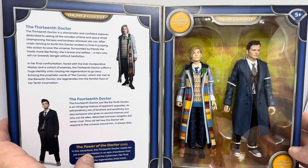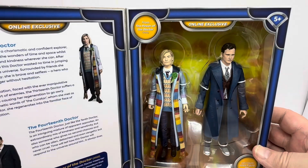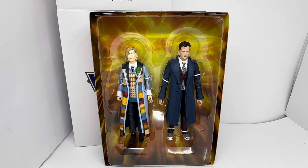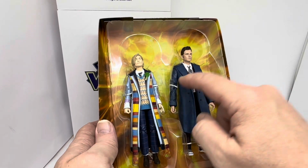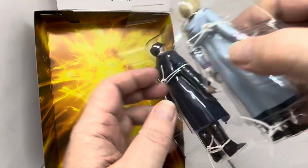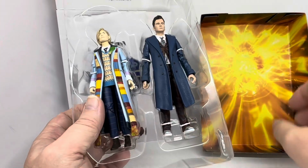Okay, and there we have the two figures. Now, I'm just going to have a look at the box just to see if I can open it and take the figures out. Okay, so I have removed the inner contents from the outer box, and that's what I've got. We've got the two action figures. Now, you can see they're all still strapped onto the card. And if I take them out of the box there, you can see they're all still heavily attached onto the back of the plastic container, so I can't actually remove them, so I'm not going to attempt to. Actually, let's just leave that off, and let's have a look at these